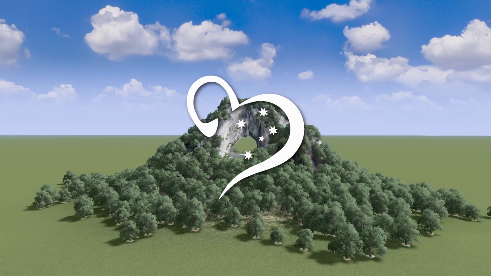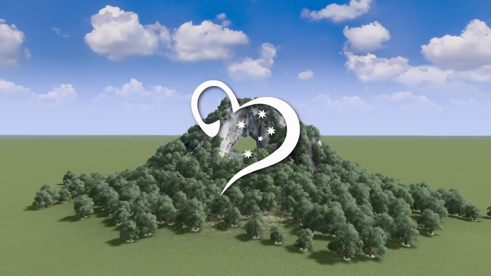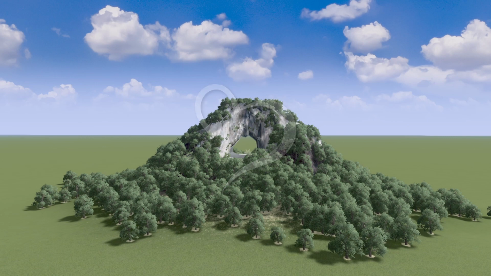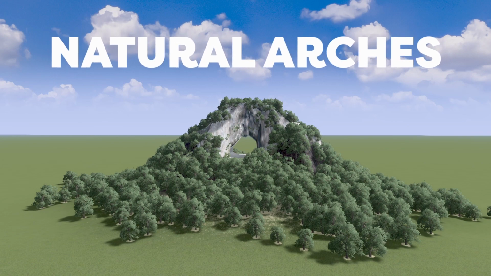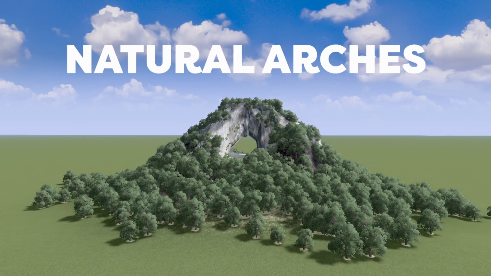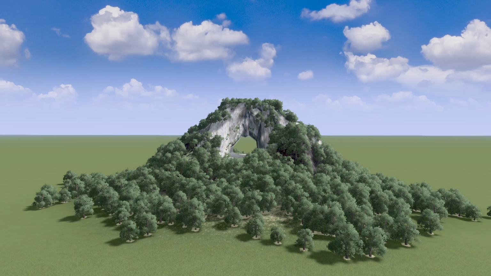Hello and good evening guys, and welcome to a new video where I will be showing you how to make these natural arches without any mods, any dependency mods whatsoever. This means of course that you can use this in a map, a new map, the map editor, and not require any extra dependencies and assets and mods for the player who plays the map, which I think is super